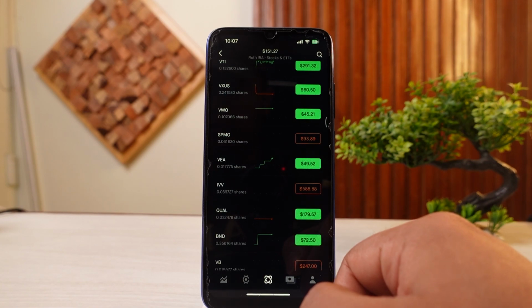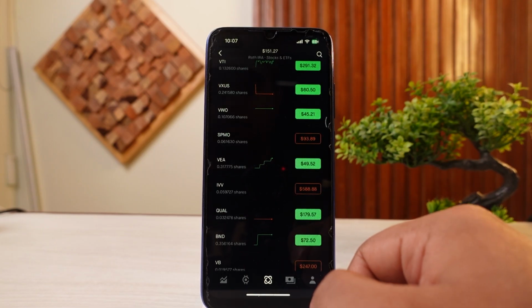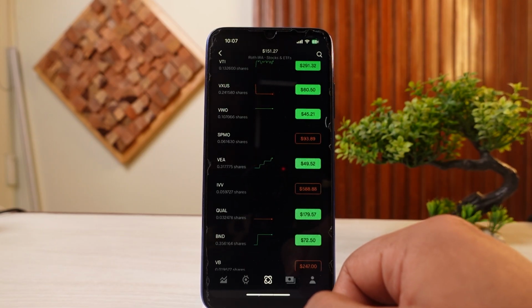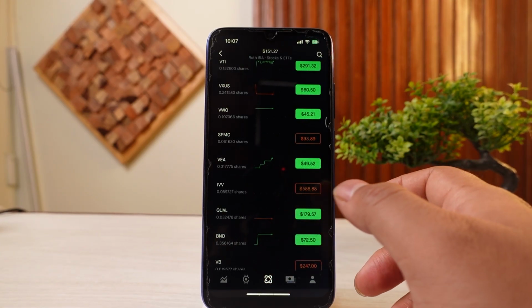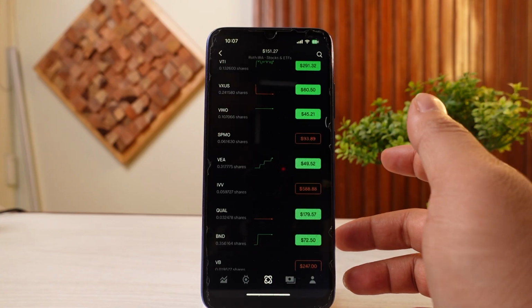Today, let me show you how to buy ETFs on Robinhood for beginners. So if this is your first time trying to buy or trade an ETF within the platform of Robinhood, in this video, let me show you exactly how it is done. So within the application, you can simply search for the particular ETF that you're trying to trade or buy by